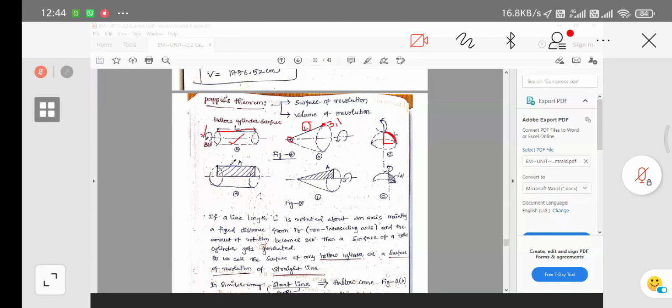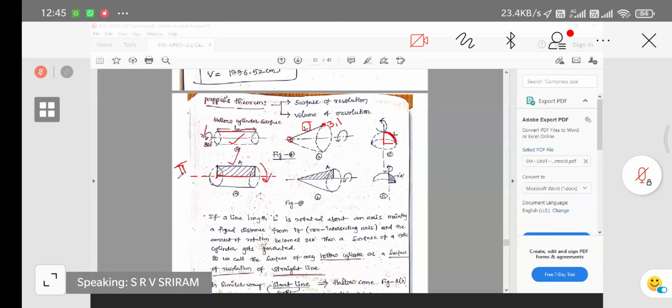Okay. And if I take a rectangular object, very important thing is, if one of the edges of this rectangle, it means the base edge, is passing through the axis of rotation, it means one of the edges of the rectangle is passing through the non-intersecting axis or the axis of rotation, and if you rotate this one, you are going to get a solid cylinder. So this is from the second theorem.